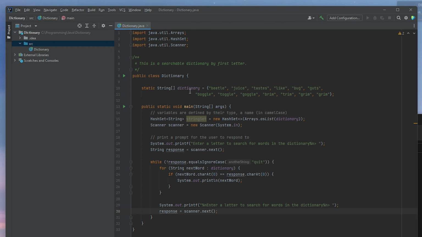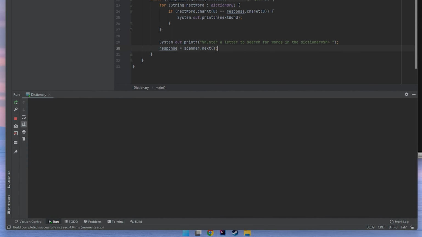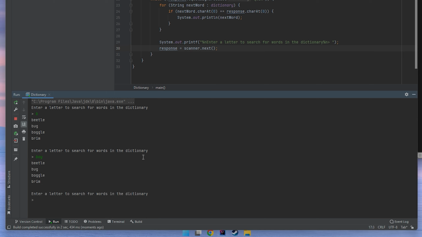Now in this IDE, we don't have to do anything command line, so we'll just hit this run dictionary main, and this should just run it for us. And it'll start a little command prompt down here, and we can start entering in letters. So if we started with B, it will return beetle, bug, boggle, brim, like I had mentioned. And if we were to enter a word such as boy, it'll only take that first letter and do the same output. So as I mentioned earlier, the word grim is in here twice, but since we're using a set, it'll only have one instance of that word. So we can type G and